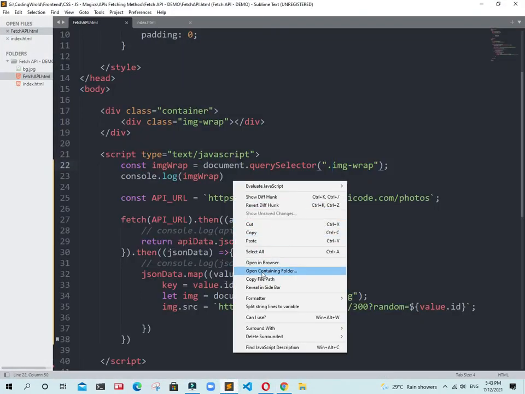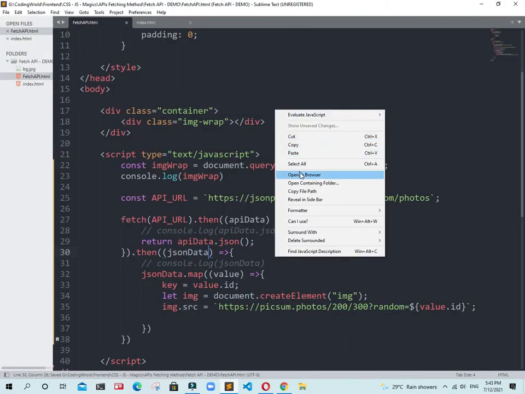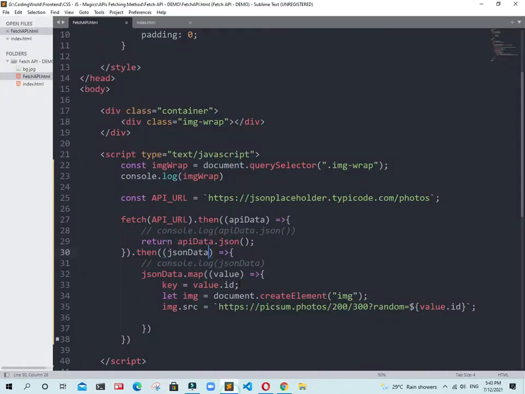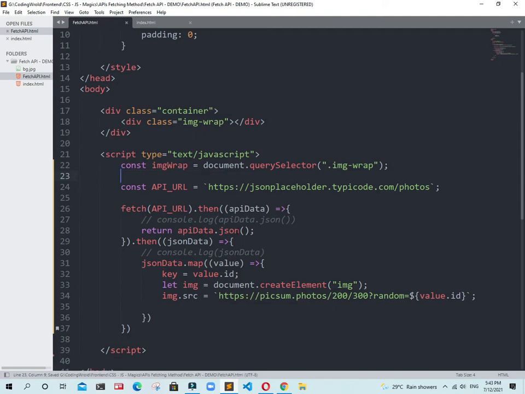But if I use just querySelector, it's going to send a response as a complete div. Again I am refreshing this one. Maybe we need to kill this terminal again, save this one, go back and console log this one. Yes guys, querySelector is just selecting the div. So this is the difference between getElementsByClassName and querySelector. Maybe you understand.